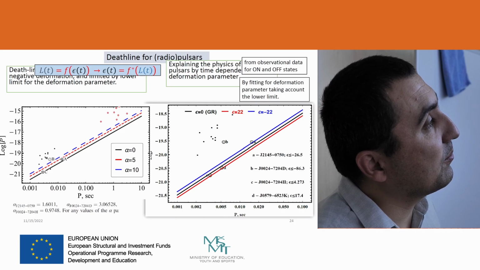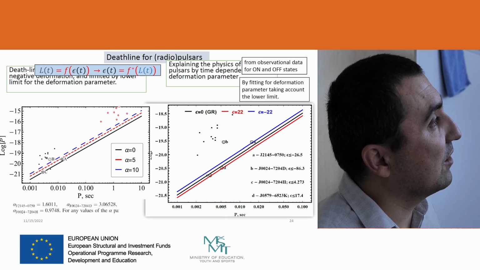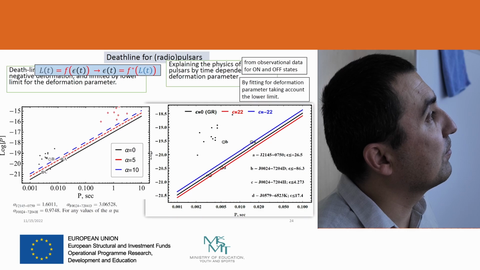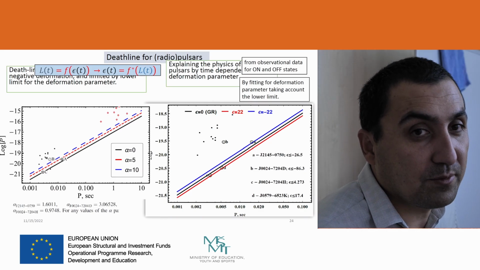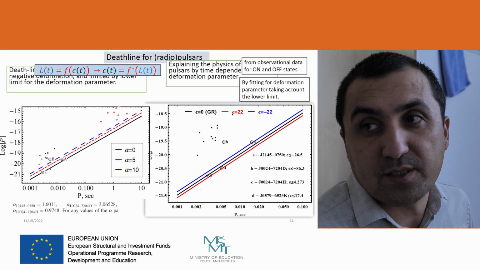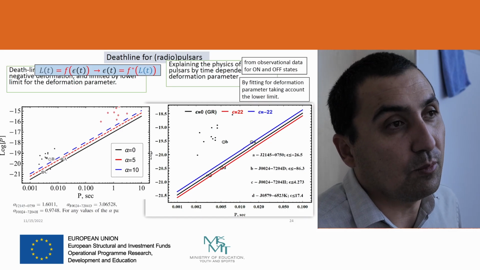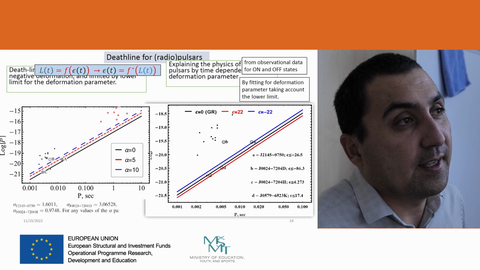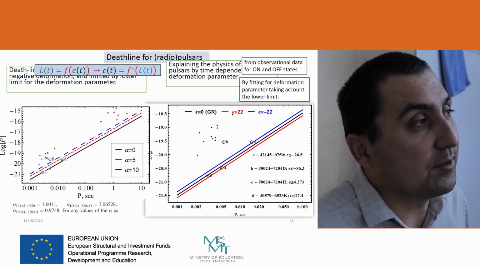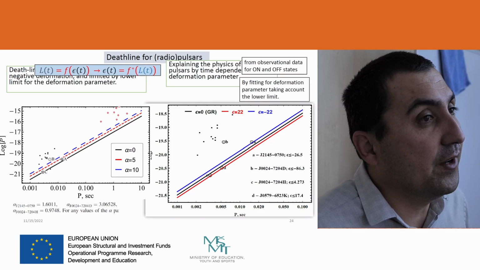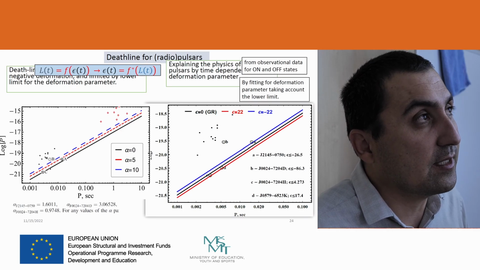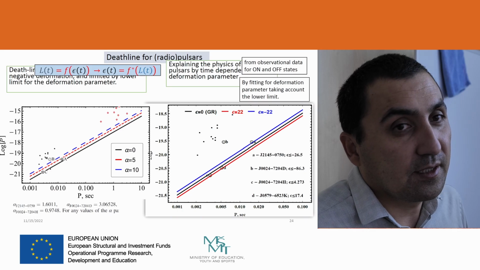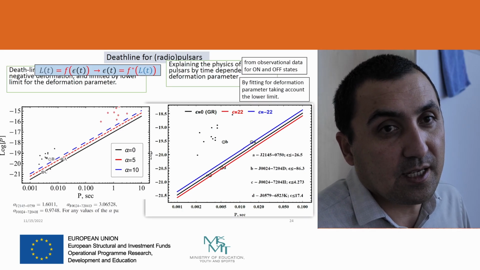So the Mach parameter also shifts the line up, and a visible pulsar can disappear from observation due to the presence of the Mach field. Mach field is a field which has scalar, vector, tensor characteristics,